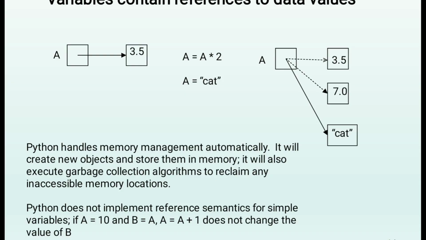a is equal to 3.5, first I am assigning, and afterwards a is equal to a into 2, and after that I am assigning a is equal to cat. So in the first statement a is equal to 3.5, it will be considered as a floating point value, a reference 3.5, and afterwards a is equal to a into 2. What happens? 3.5 will be multiplied with 2, which is 7.0, that will be stored in the variable a. Then afterwards I am storing a is equal to cat, which is a string value. Suppose if you are printing, in the third statement, print a, it will go with the last stored value, which is cat.